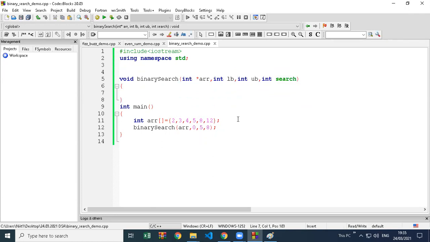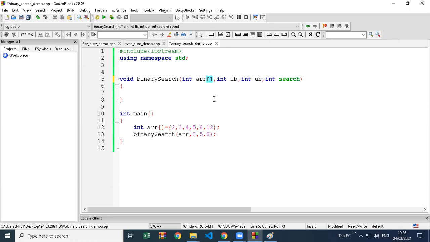Sir, why have you taken the star ARR? Because I am taking a pointer actually. If you see, in all demos I did this. Yes, I am passing the array as a pointer. Means what will happen when you pass the array from here? No, it is not required in this. It was required in sorting actually. But why I took it, I will explain to you. For that I have to show you from the sorting point of view.